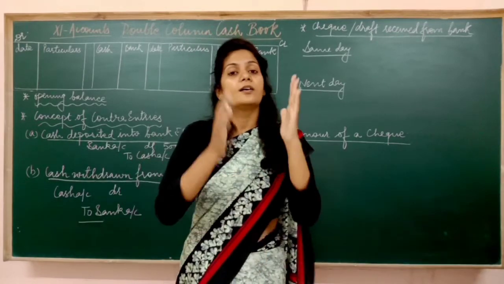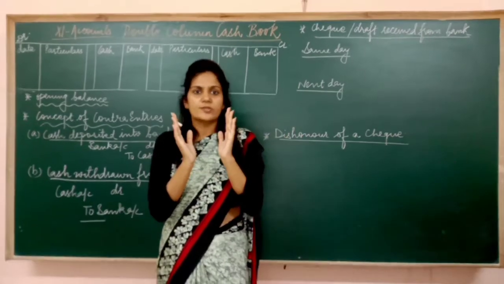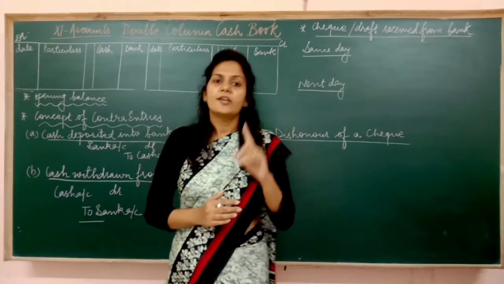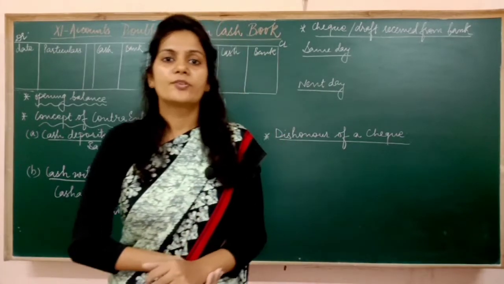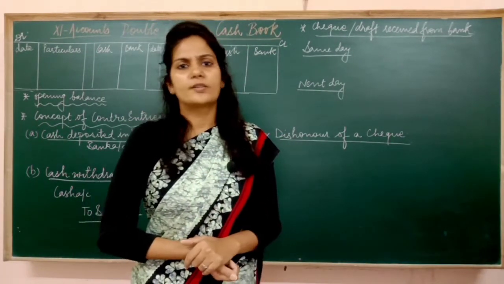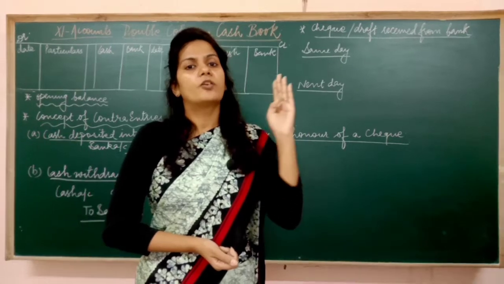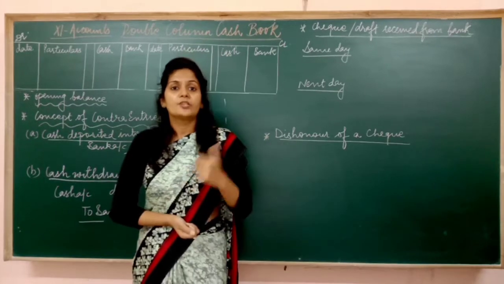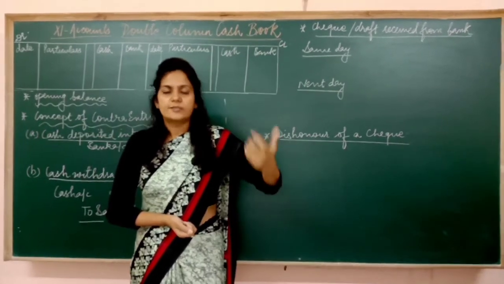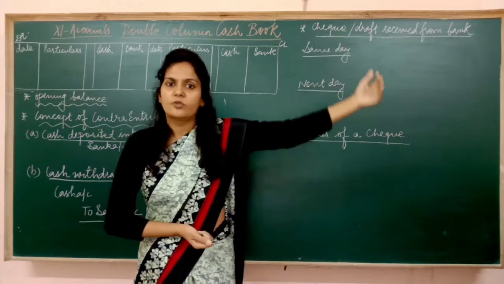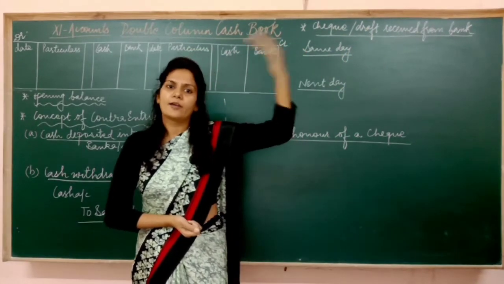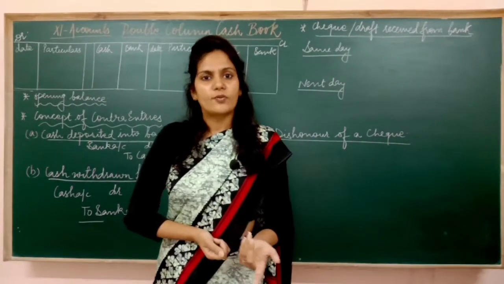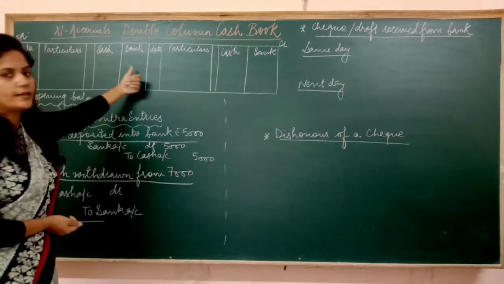Then this is not a cash transaction because I have not given cash to Ram, I have issued a check to Ram. So if I am making only one column in the cash book, that is cash column, then I can't record this transaction. Recording of this transaction in the cash book is not possible. Now what to do? If I am issuing a check to somebody, it's okay that Ram will take that check to the bank and will take the payment. My bank will come to know, no doubt. But I should also have a record somewhere, no? So that's why I added one more column here, that is bank column.